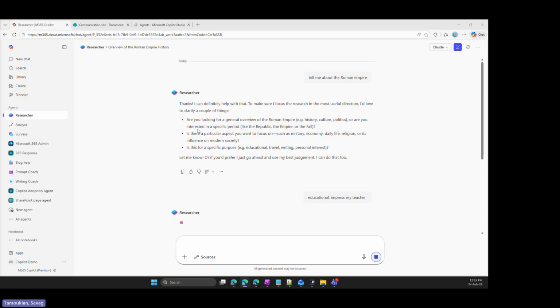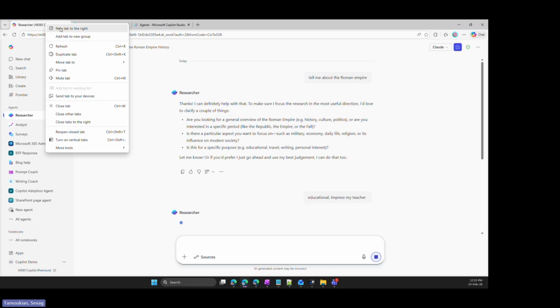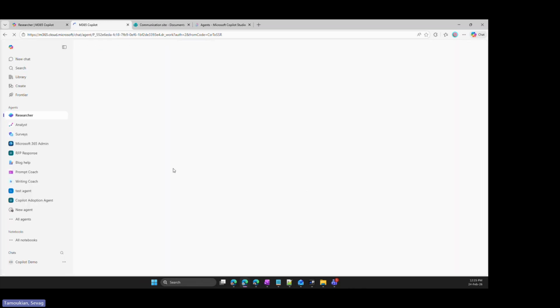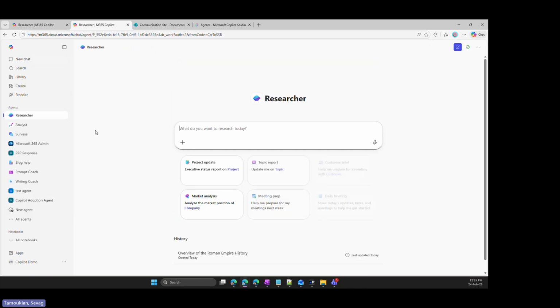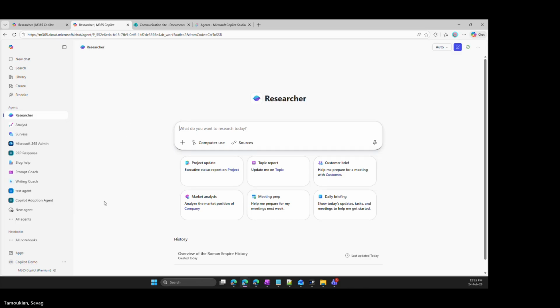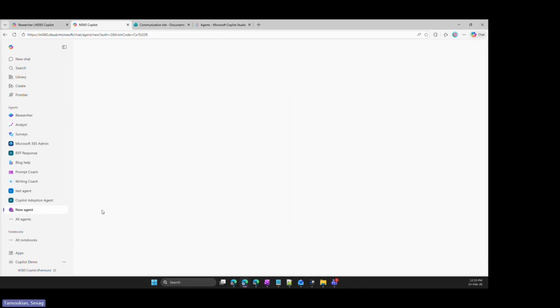Now, these are great. Now, to expand further on agents, as I mentioned earlier, you can build your own agents. I'm going to just duplicate this page, so hopefully I won't break the researcher. It will run in the background, by the way, and it will tell me once it's done that I do have your request. As you can see, I have here test and some adoption and RFP response agents, so on and so forth. If you have an M365 license, I highly recommend you give this a go. If you go to new agent, it will start a chat